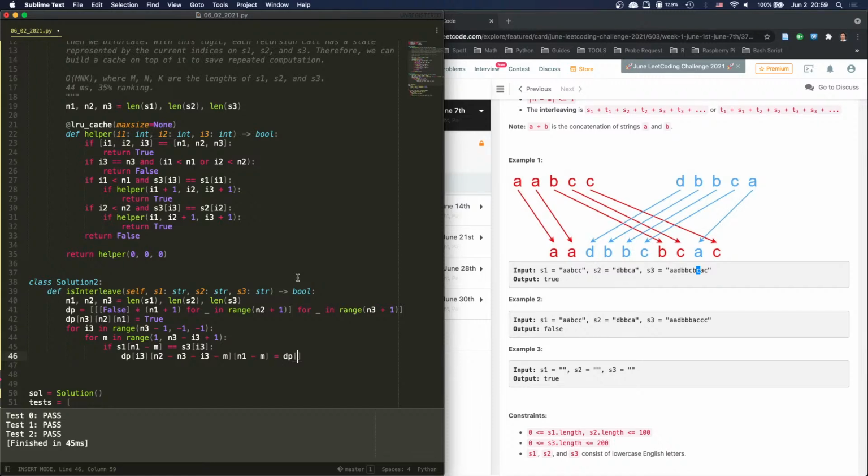So if we want to match the next one, S1 will be 1, and S2 will be this, right? Or I see the next one still is this one, then